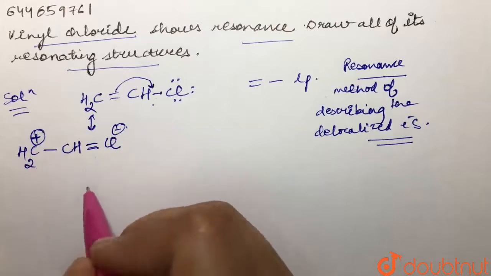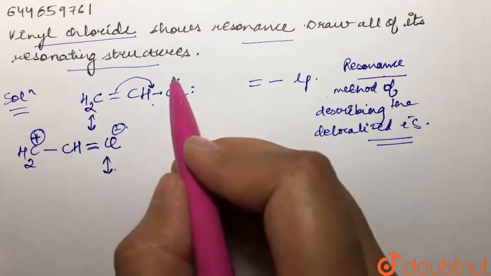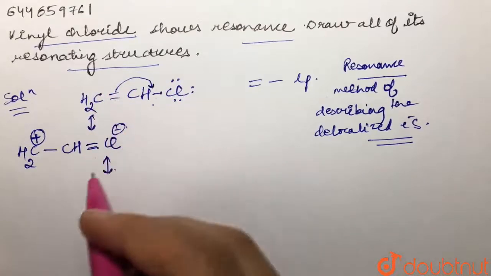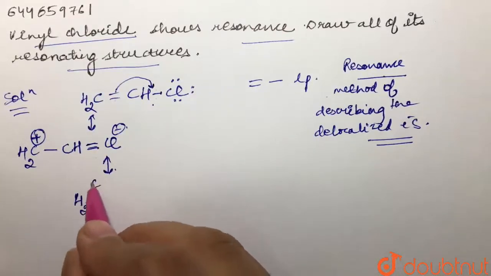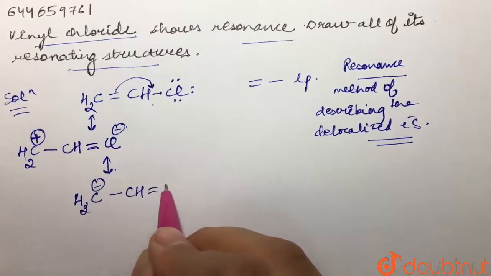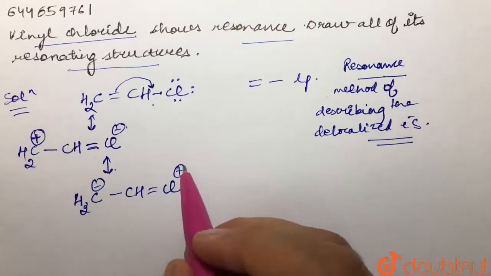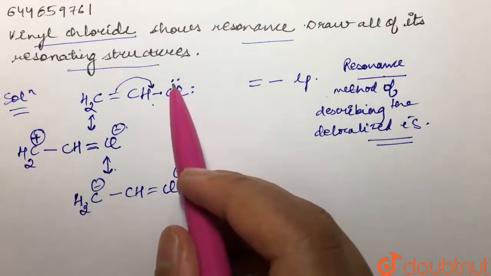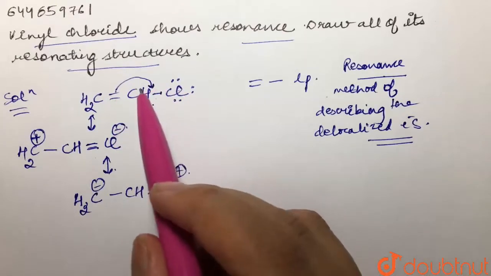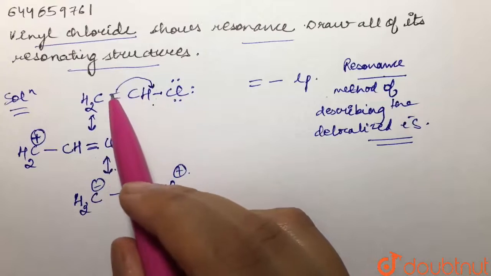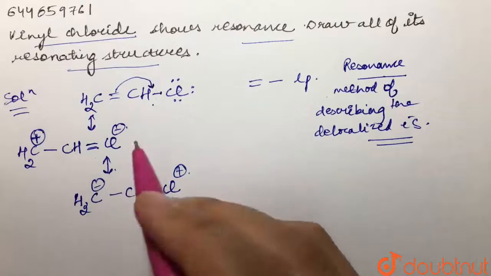This is one possibility. And another possibility can be when this lone pair shifts over here and this double bond gets shifted over here. So we can have a structure like this. We can have CH2 with a negative charge, then CH, then double bond chlorine with the positive charge. Now chlorine is getting positive charge because it is donating its electron pair to this, right? And hence this would get a positive charge, whereas this over here is getting this double bond or pi bond, right? And hence this is getting negative charge over here. So this is our second possibility.